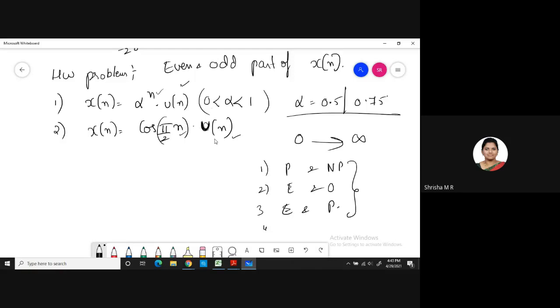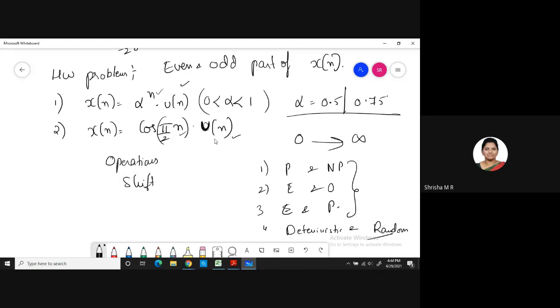Deterministic and random signals: you just have to know the definition. And continuous time, discrete time is the basic classification of signals. Everywhere you will be using continuous time or discrete time. And the operations we have seen now: